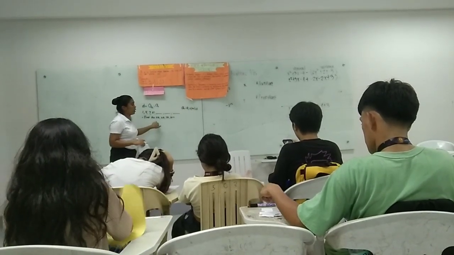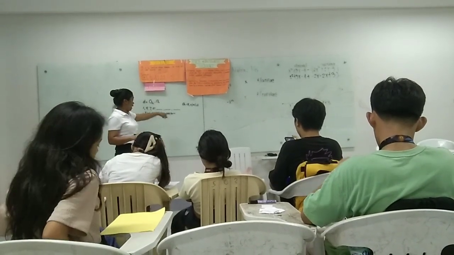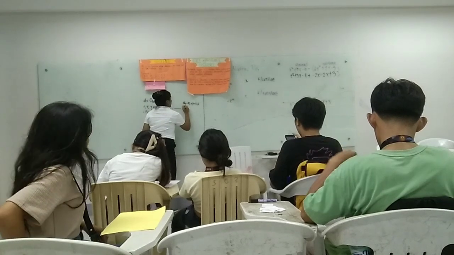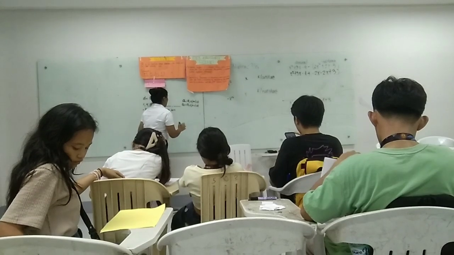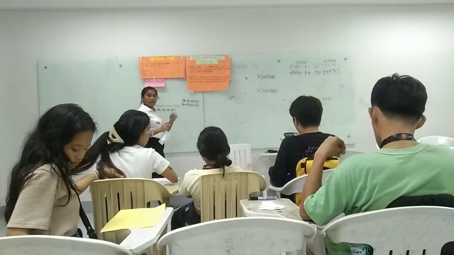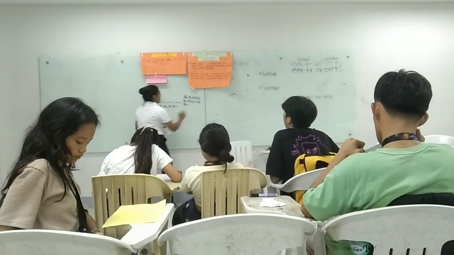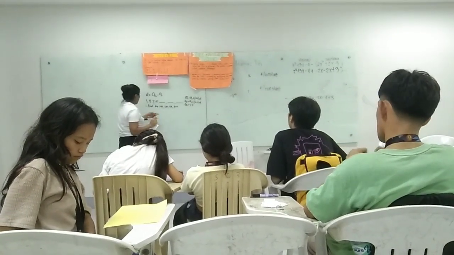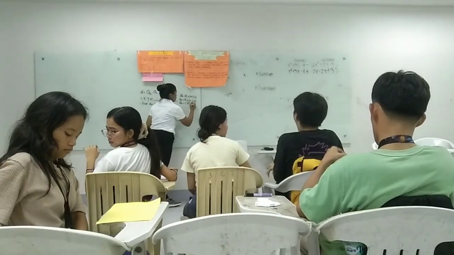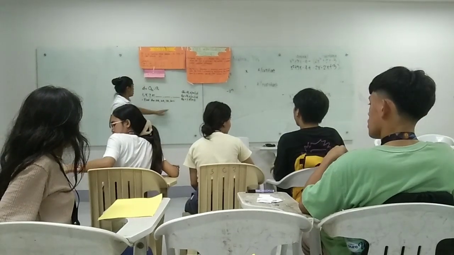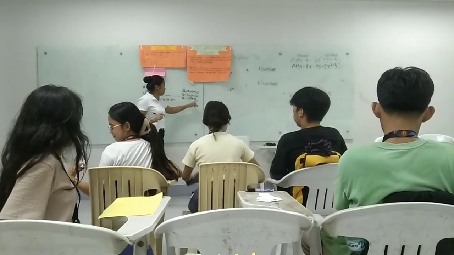Since we are tasked to find the fifth term, we'll substitute n as 5. So it will become a sub 5 is equal to a sub 1 plus n minus 1 times d. Then copy, then substitute a sub 5. The first term here is 1, so we'll write 1 here, and n is equal to 5, so we'll substitute 5 to n, minus 1 times d. Since d is unknown, let's solve for it.